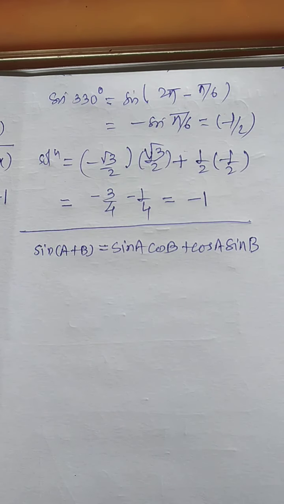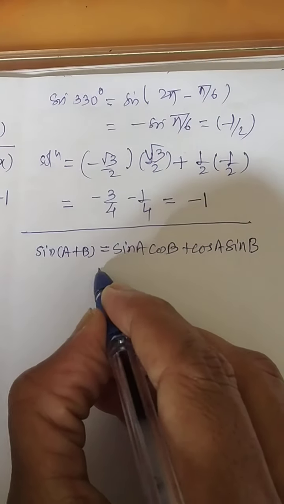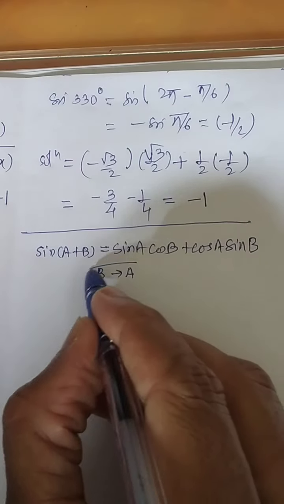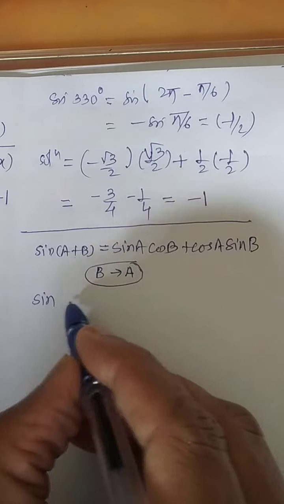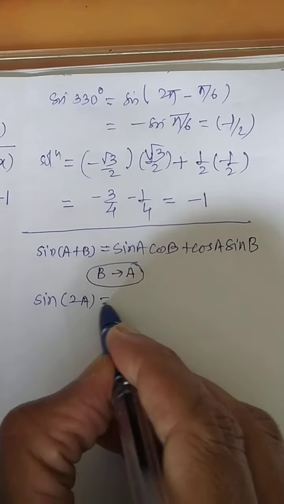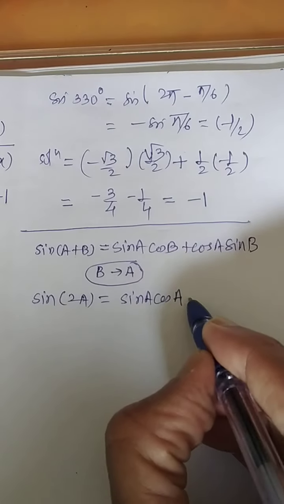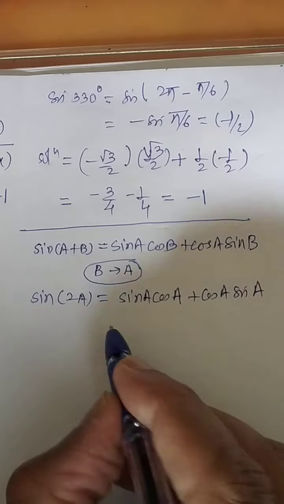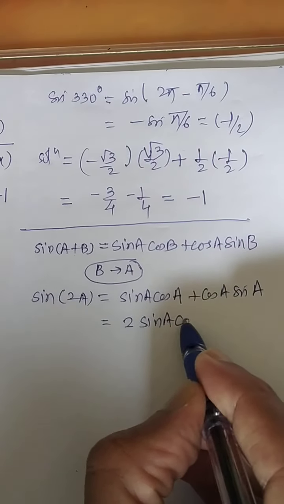Look at the screen. I think this formula you have learned already. The proof is also known to you. Now I am just asking you, everywhere B to be replaced as A. By this procedure we are getting some new remarks. That also you should know. Suppose I am putting A plus A, it is nothing but sine of 2A, which will be equal to sine A, over here B also A now, plus cos A as it is over here also. So I think both the terms are identical.